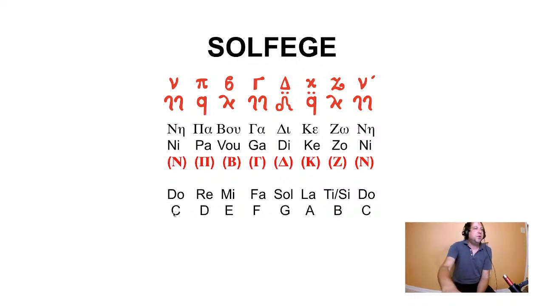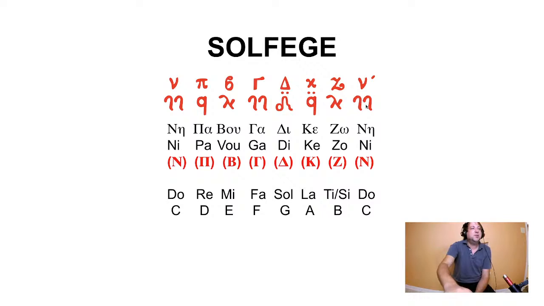We have decided to standardize that do, when we score this music, will be C. So ni, do, and si are all the same. Pa, re, D are all the same. Vu, mi, E. Ga, fa, F. Di, sol, G. Ke, la, A. Zo, ti or si, B,